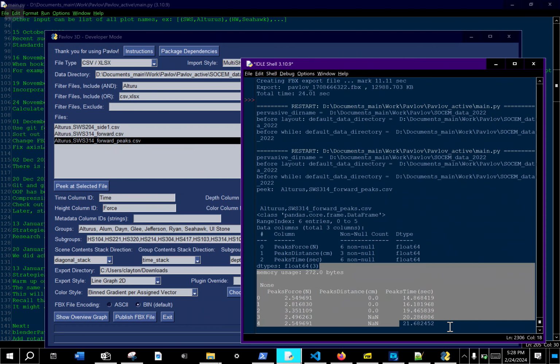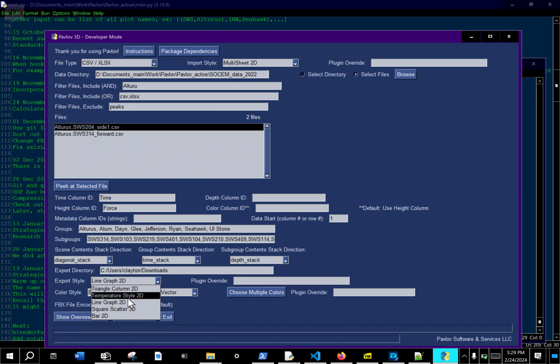I want these grouped by the genetic variety name and by the name of the plot of wheat they came from. Tier 1, Tier 2. I want to get it in this style. A line graph. This is binned gradient per assigned vector. So here, right here, default, use height column. It's going to use the force vector, and that's the assigned vector, and it's going to put a color gradient. So the taller something is, the color will change as well. But that can be independent. So right here, it's redundant. It defaults